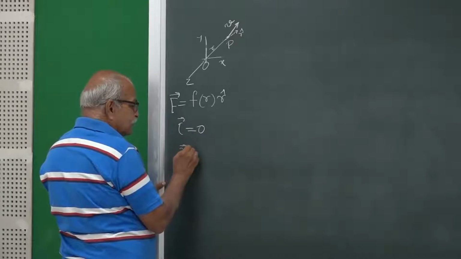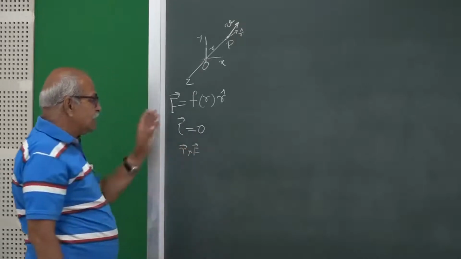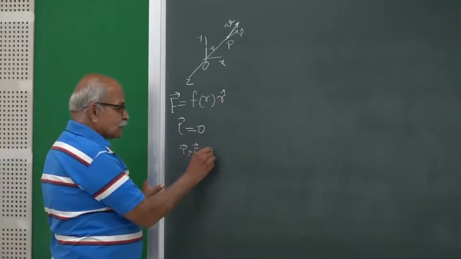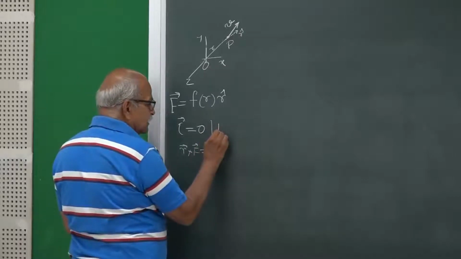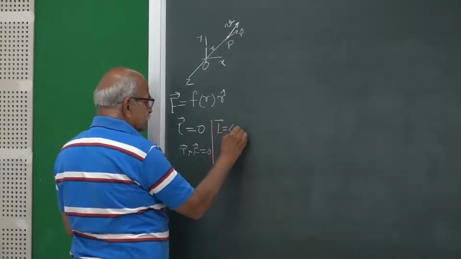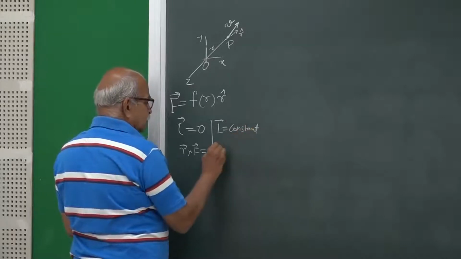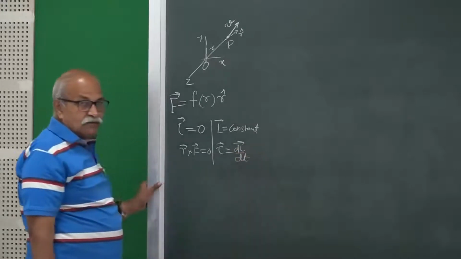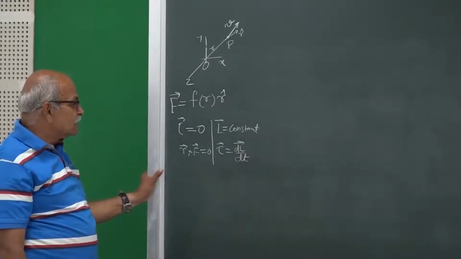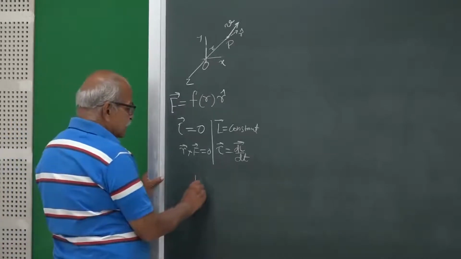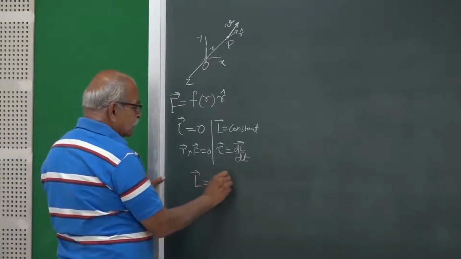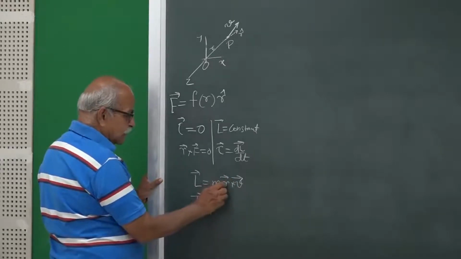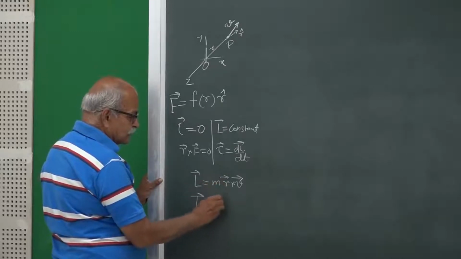Torque is r cross F, and since F is in this radial direction, and r vector is in the radial direction, this is 0, and torque 0 means the L vector is constant, because your torque is dL/dt. And L vector is m times r cross v, and L is perpendicular to this r vector and also perpendicular to this v vector,